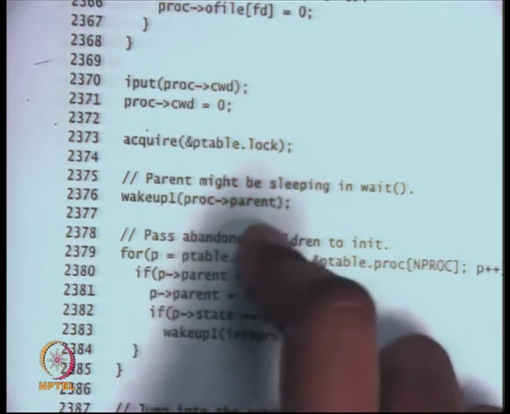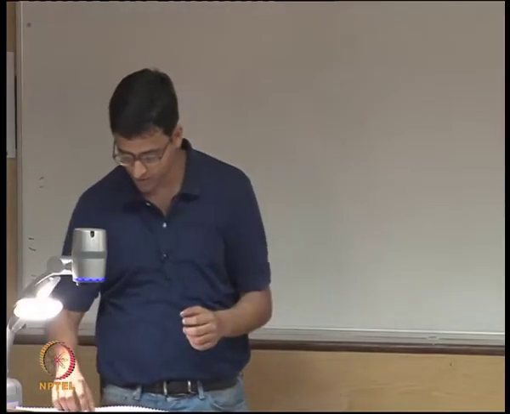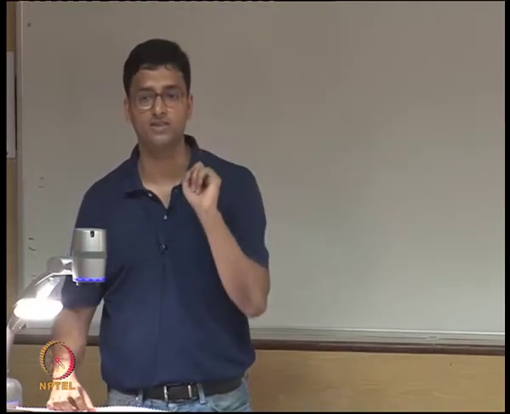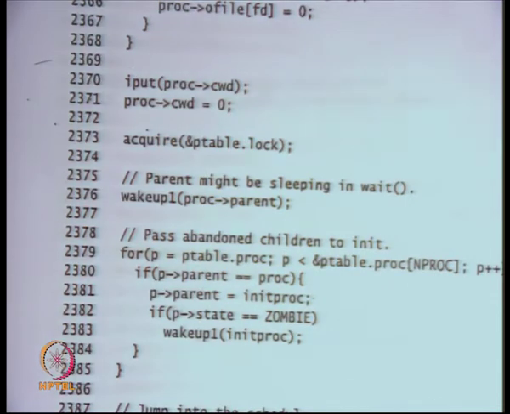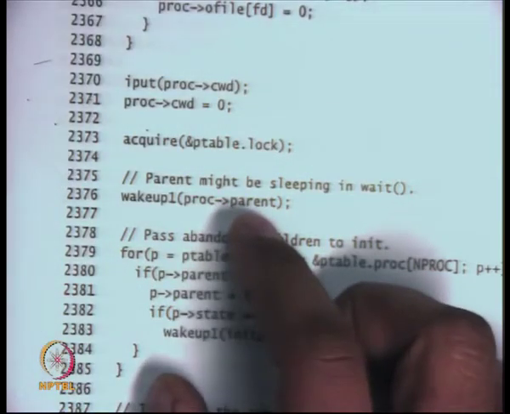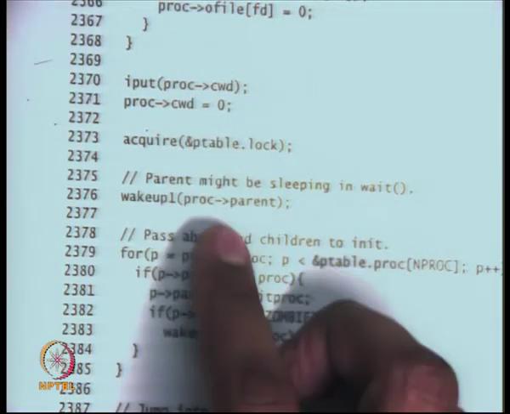Instead of the PID of the parent, I'm using the pointer to the proc structure of the parent. That's equally good, right? There's a one-to-one correspondence between PID and the proc structure. So proc.parent, you just wake it up. Notice that I'm not calling wakeup, I'm calling wakeup1 because I already have the ptable lock.